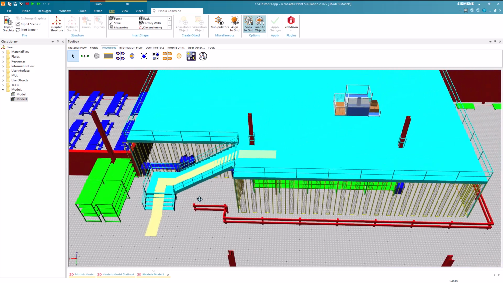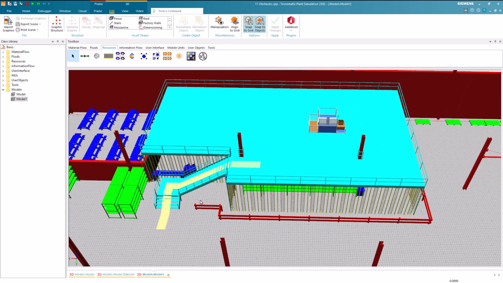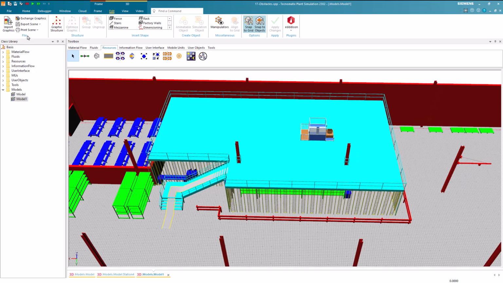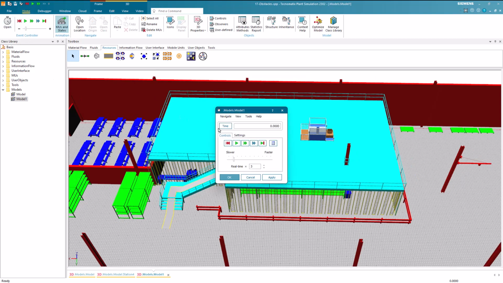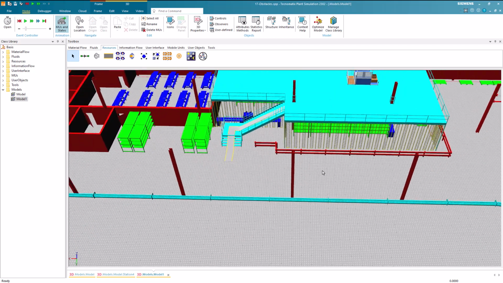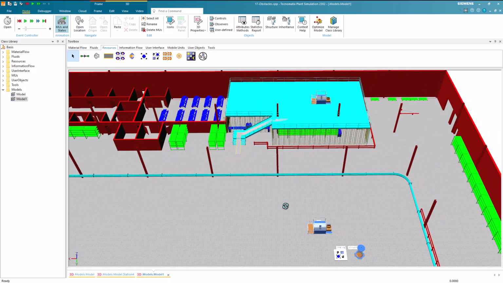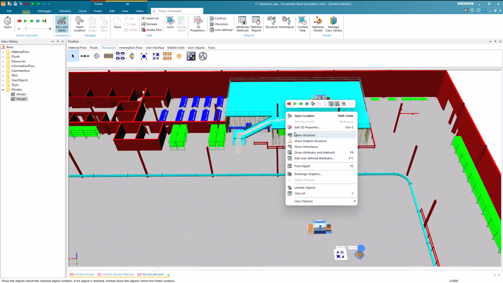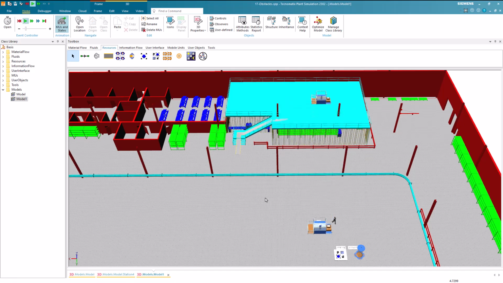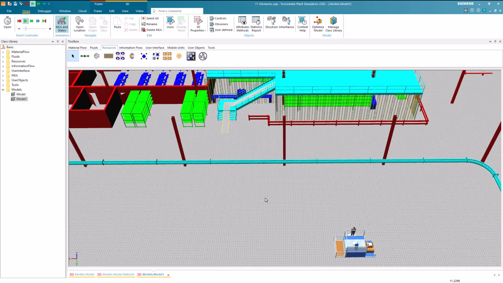Before starting the simulation, we will first open the event controller. Then we switch to the settings part and deactivate skip long event intervals. Since the worker has to walk a long distance, the event would be fast-forwarded. However, we want to see how the worker walks on the footpath in normal speed, therefore we need to uncheck skip long event intervals. Now we start the simulation and we'll see that the worker is able to reach the second workplace.